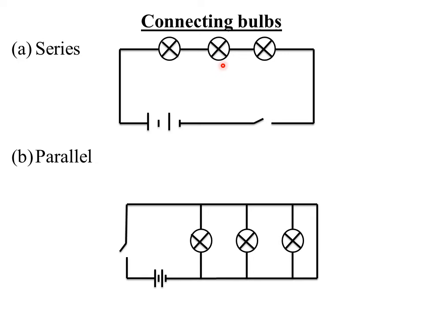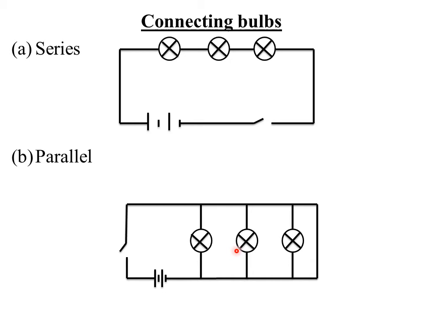When bulbs are connected in series, they give out light of the same brightness, and if one of the bulbs is disconnected or falls faulty, all other bulbs will turn off. Whereas in parallel, that is when bulbs are arranged in parallel,